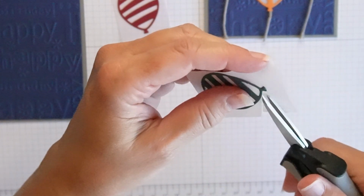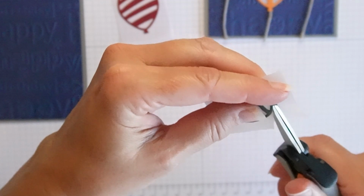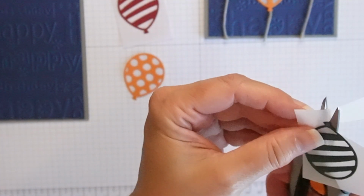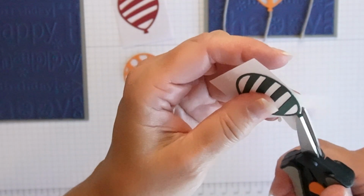I really shouldn't have glued the knot of the balloon onto here. That's making it harder to cut around. I mean, I could cut around it. That's not that big of a deal, but